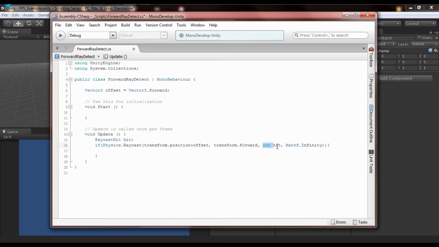And then we're going to output our data to the hit variable, which I created up here. And this is our distance, we're going to cast to infinity. Now, infinity can be a really dangerous thing to use. In this particular instance, it's not. And how you access it is by Mathf, which is another class that lets you do math functions. So, for example,